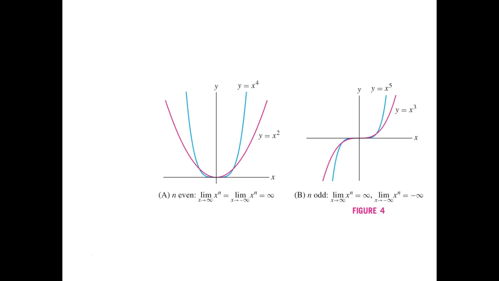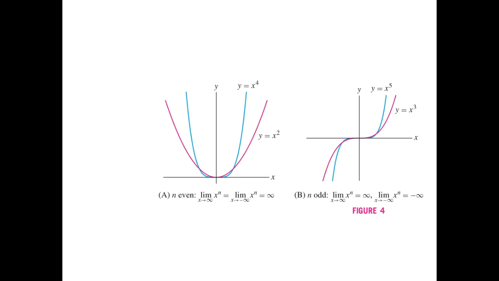Okay. Now, certainly, as x goes to positive infinity, your y is going to positive infinity. As x is going to negative infinity, your y is still going to positive infinity because it's an even power. So that's why that second or the first,